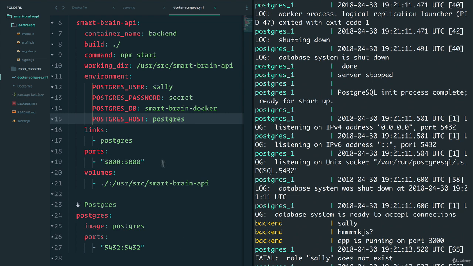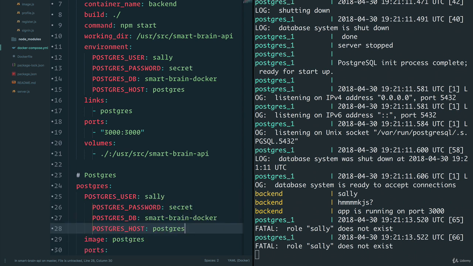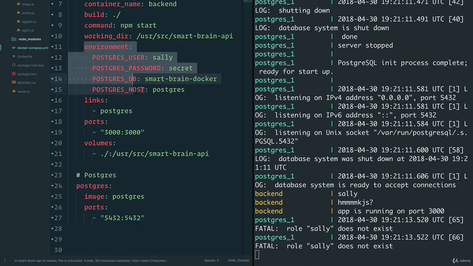However, we actually have not given that to the Postgres image. We need to also do the same thing to our database so that it creates the user, password, database, and has all this information that it needs. So if I copy this down here, or let me copy the entire environment variables,